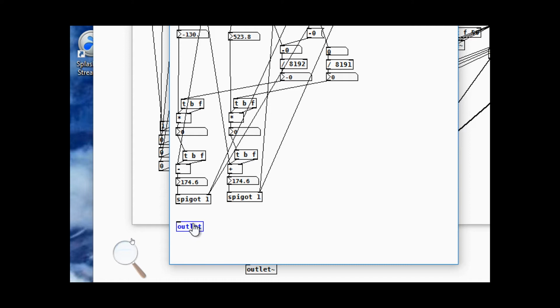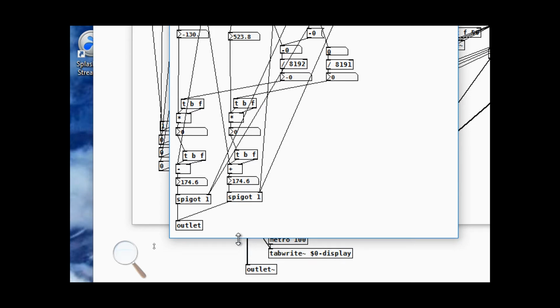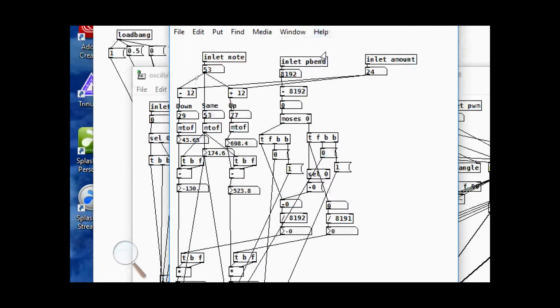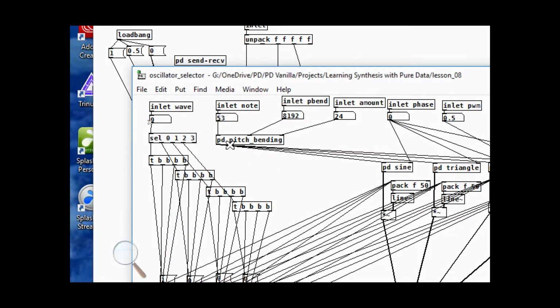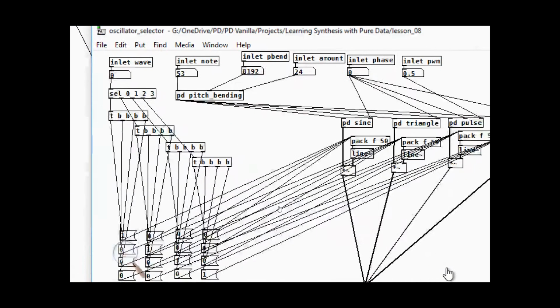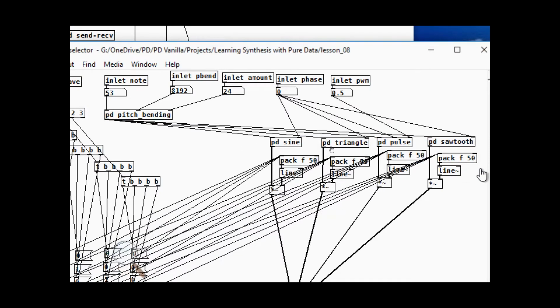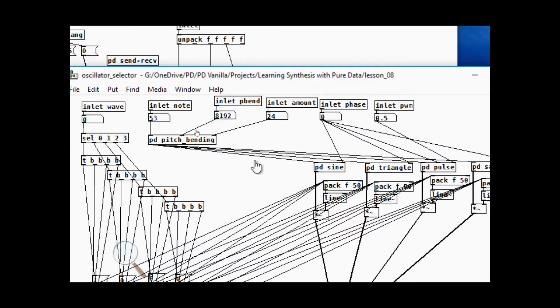They are unnecessary now. There's probably some other things that are unnecessary, but I'm just going to get rid of those because they just look crappy having them there. And since there's no line message right afterwards, they're not doing anything, believe it or not. So I got rid of them. Goodbye. It was working. But anyway, it goes out the outlet here, and that is the outlet at the bottom of the sub patch that I have feeding all of the oscillators, depending on which one you have selected, whichever one's turned on. All the others are turned off at the same time. So basically you get a nice